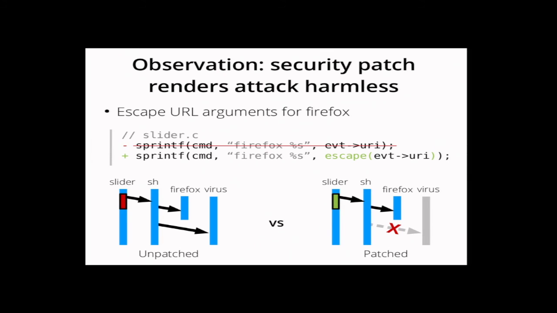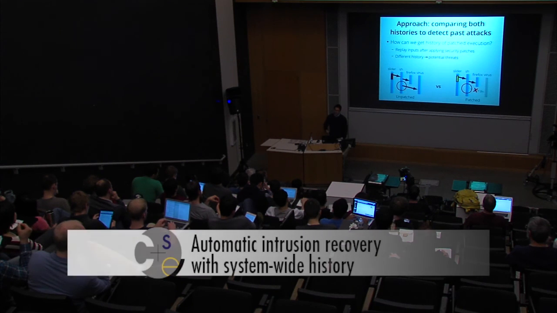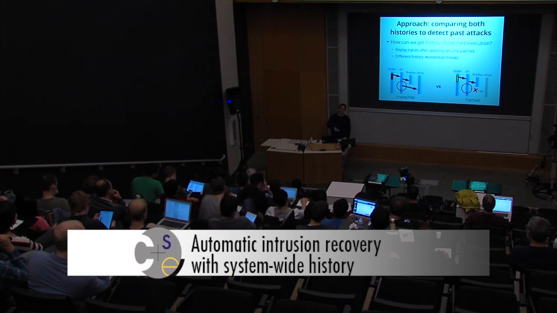In our patched version of execution, we actually block the invocation of the virus. What it means is that by comparing the history of both executions, we can detect the past attack. Then how can we get the history of the patched execution? Well, since we have all the history in our system, why not just replay the past input after applying the security patches. Then if the patched execution generates different history, we can consider the original past input is potentially malicious